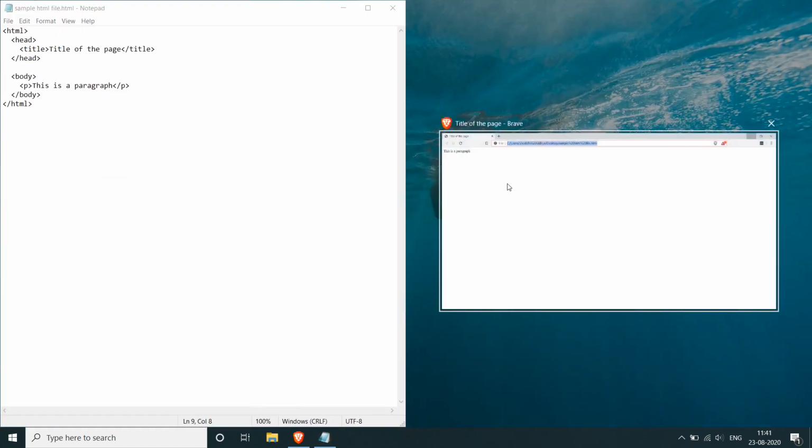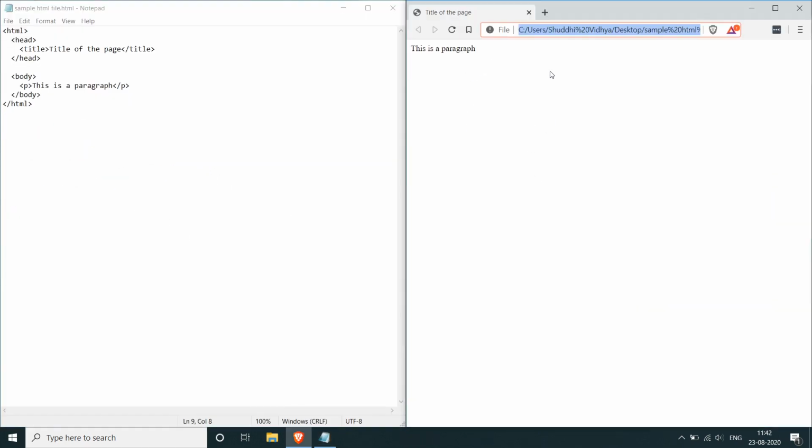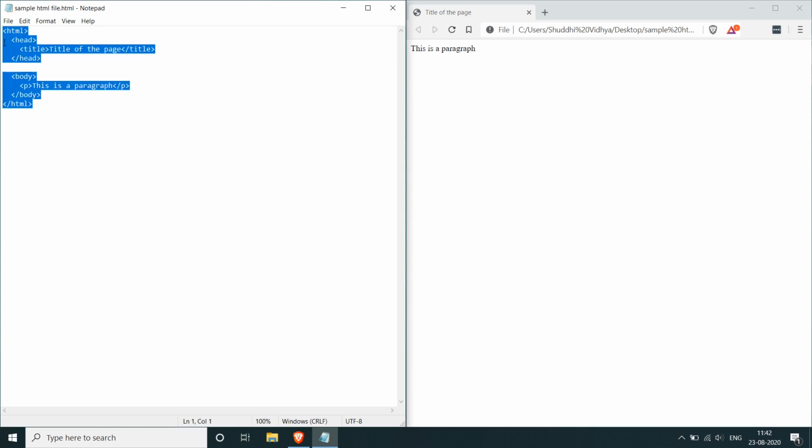I'm going to push it to the side like this and then open the browser on the right side. So you can see here that it says this is a paragraph, and here we have this is a paragraph in here, and it says title of the page at the top and it says title of the page here. So this is the output and this is the input basically. You can think of it like that, where this is the code that we wrote and this is the browser page that it generated. Now let's break it down a little bit.